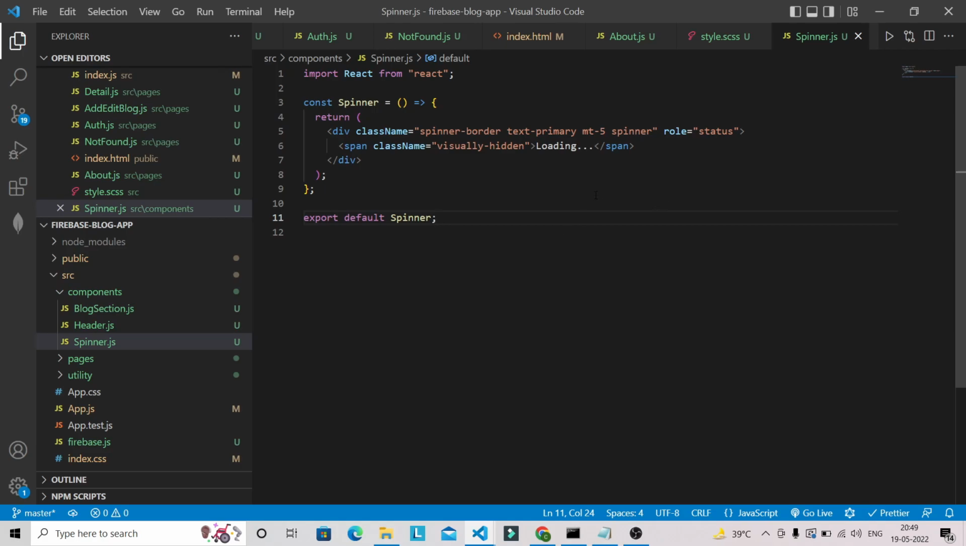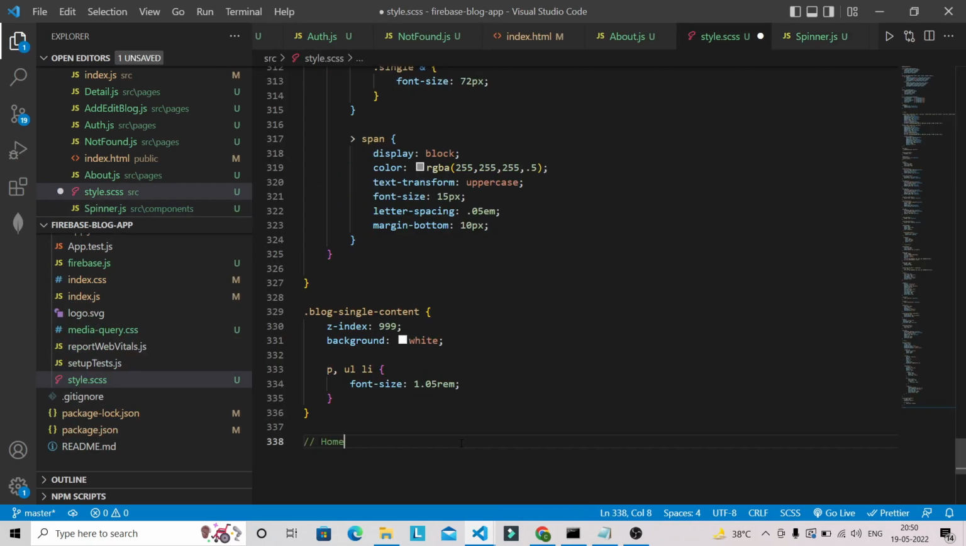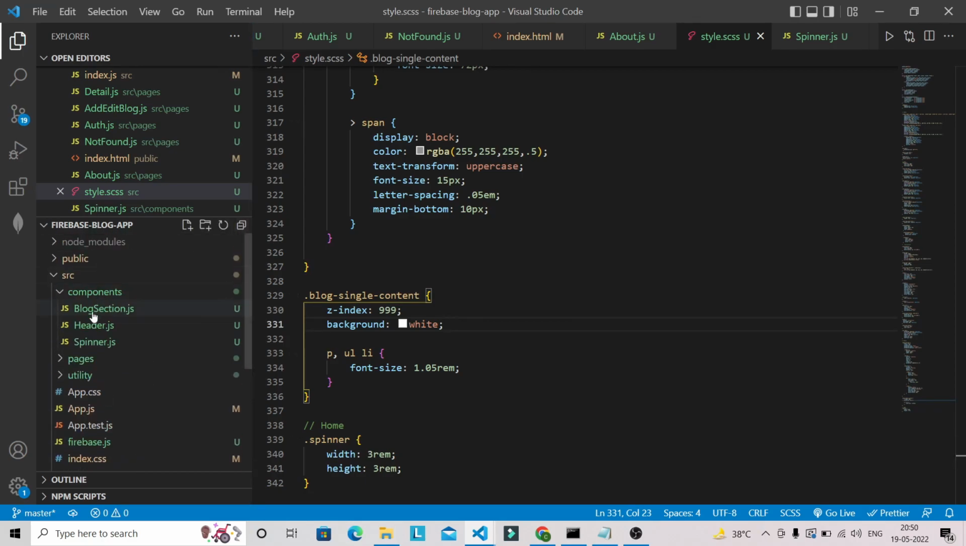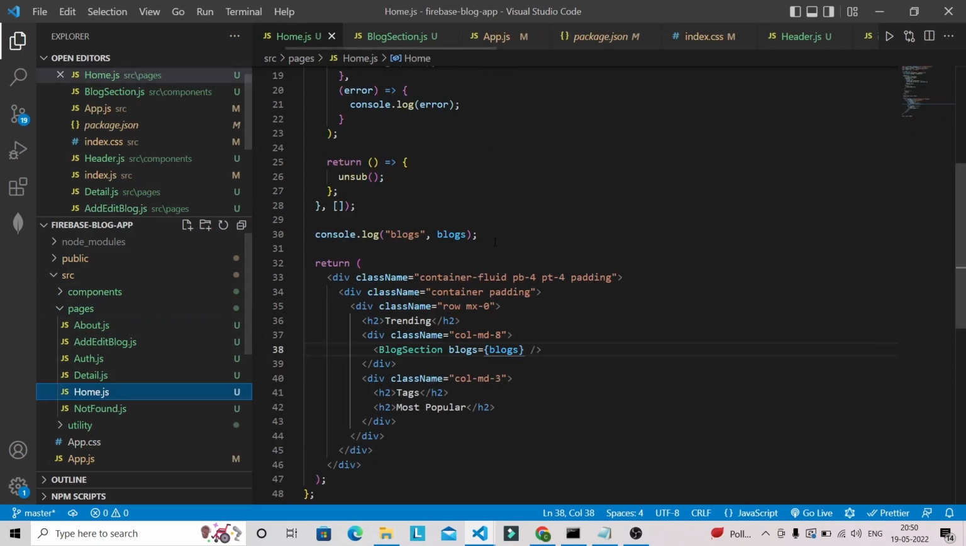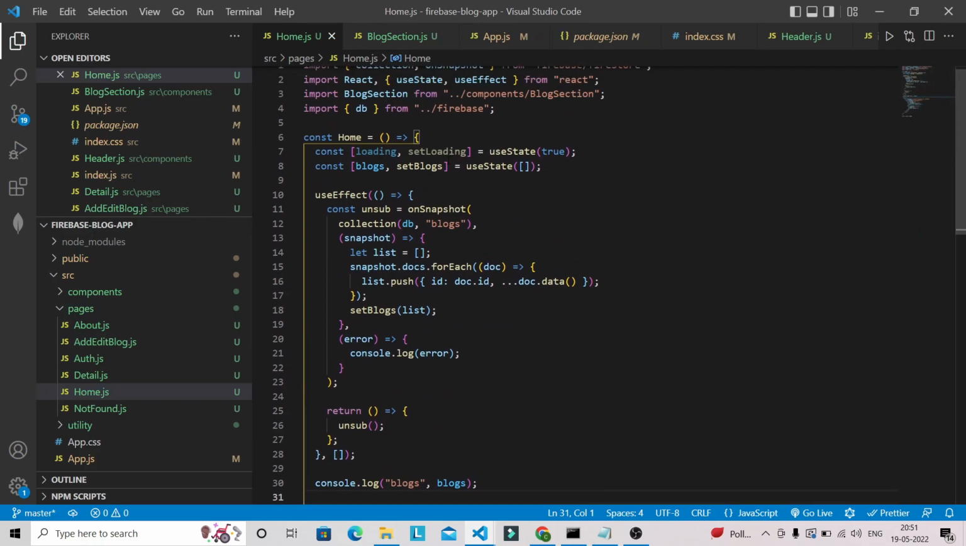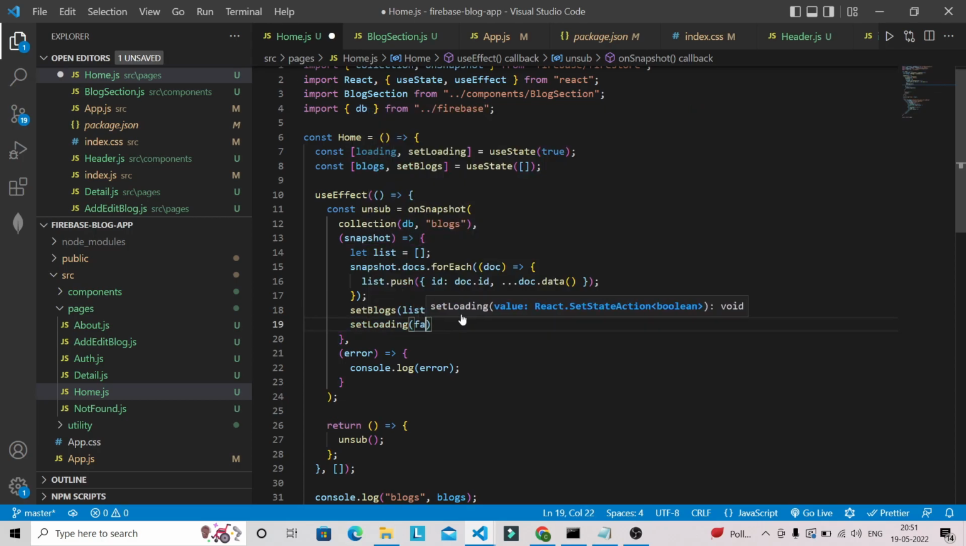so this is done, and I'm going to add the styling for this spinner in our Sass file. So I'm going to put a comment here, home, and let's add the styling for our spinner. Now this component is ready, and we can use this component in our home page. So let's go to this home.js file, and here we haven't used this setLoading. Okay, so once we get all the blogs, we can set this loading to false,